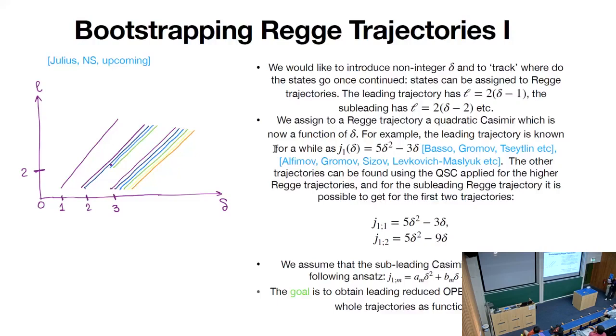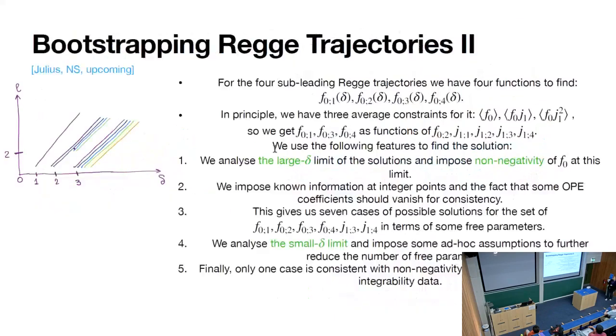There are known procedures to do it, which were done for the leading trajectory, and then we exercised it at the subleading trajectory, and they can find the subleading Casimir. And then we would like to bootstrap basically the leading OPE coefficients for the whole trajectories. This is our goal, and for that actually we found that